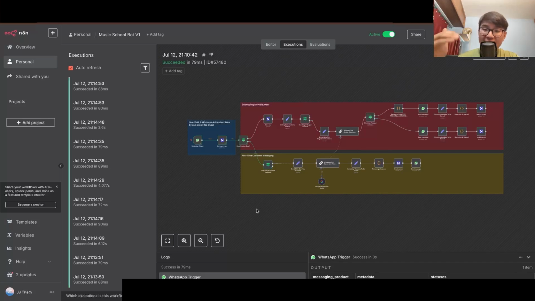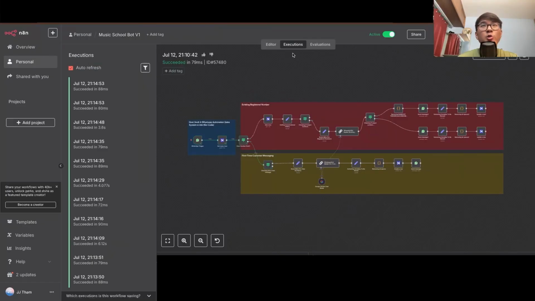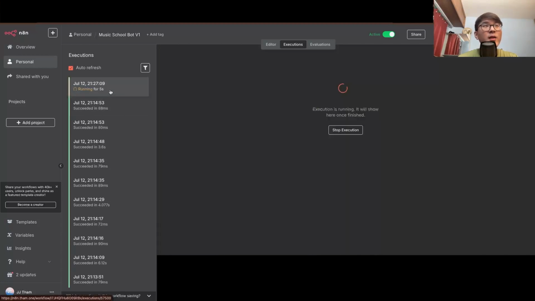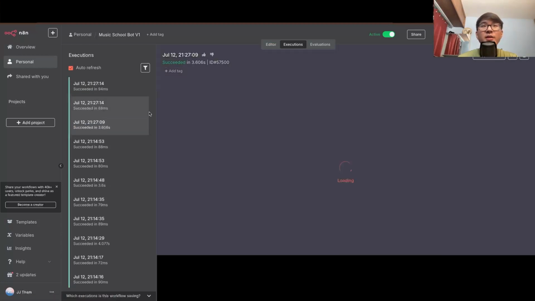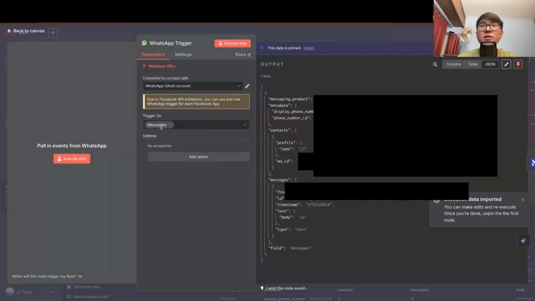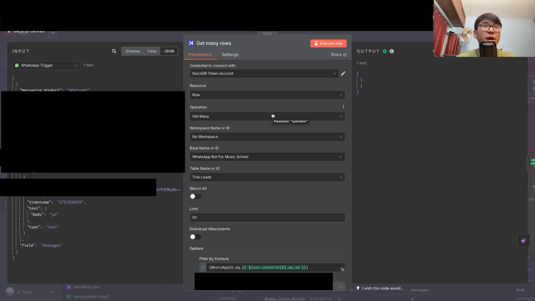Now for me to show you in extreme detail how the workflows work, I'll go back to WhatsApp, click Yo. I'll go back to my n8n and then see the execution over here. Okay, you can see it's firing for a while and it should be completed in quite a bit of time. So you click on WhatsApp trigger, you can see the message that I sent over here, body yo. The next thing it does is then try to match any existing numbers I have in my database.